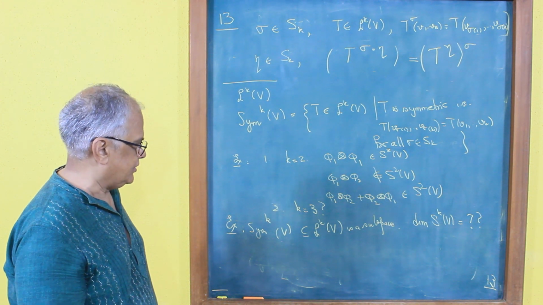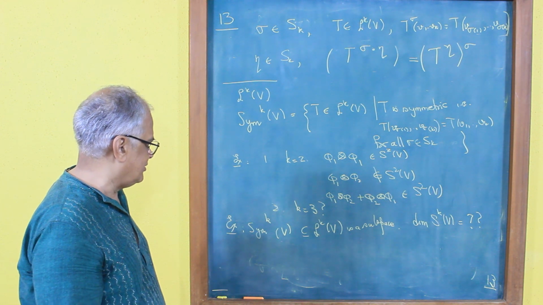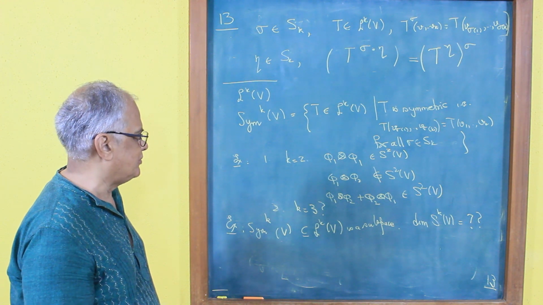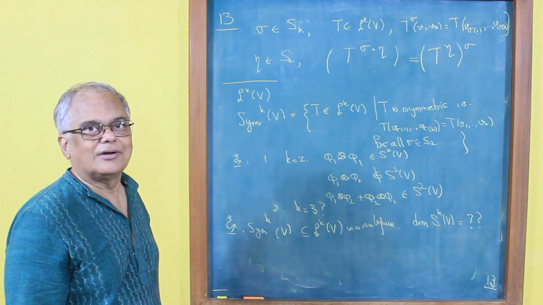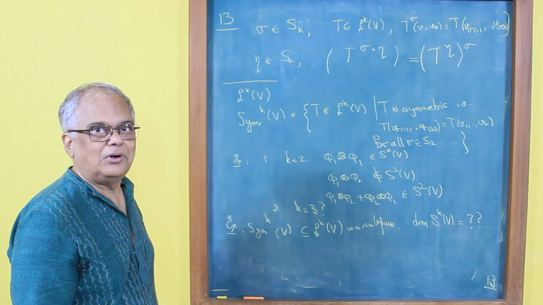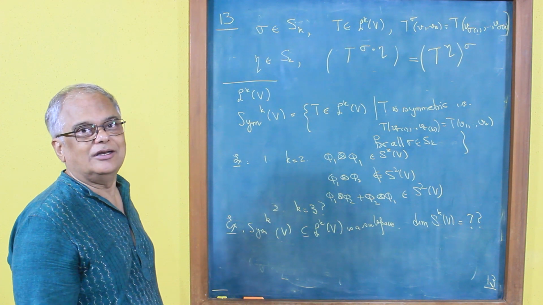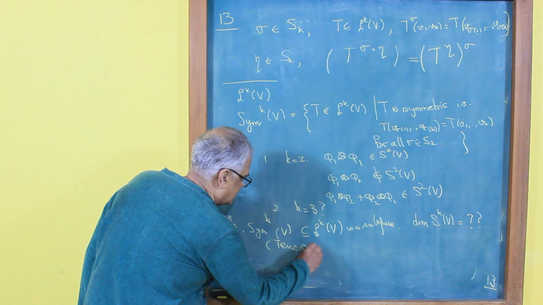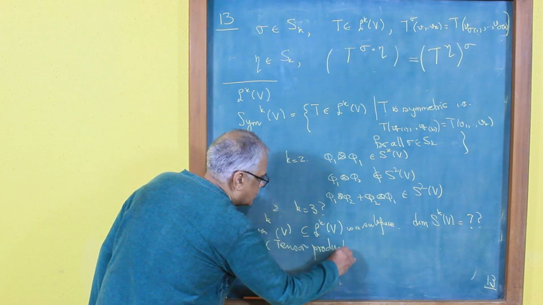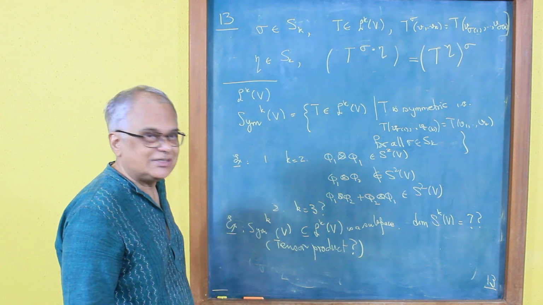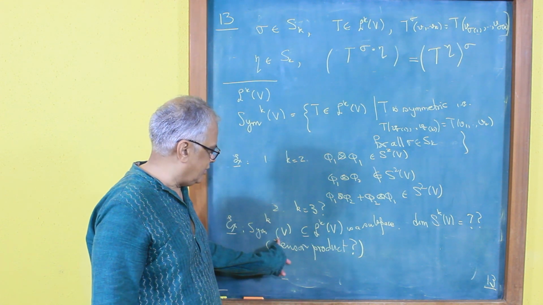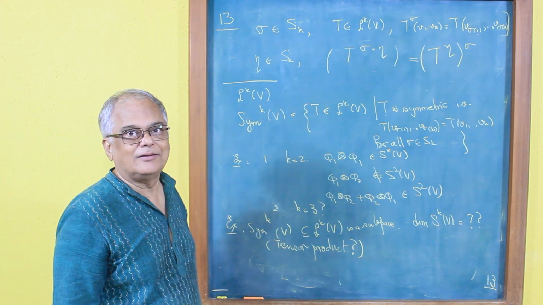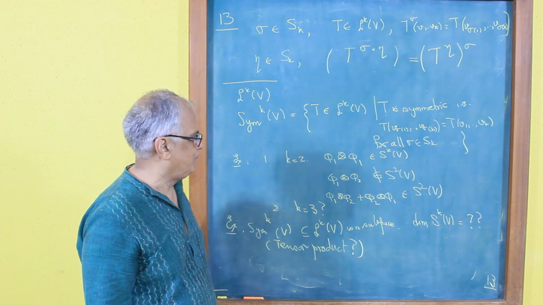Okay? What about tensor product? If you have two symmetric multilinear maps, is the product of a symmetric k-linear and a symmetric d-linear map a symmetric (k plus d)-multilinear map? So let me just leave it like that. What I mean by this is that if S is symmetric and T is symmetric, is S tensor T symmetric? It's worth worrying about that for a little while.